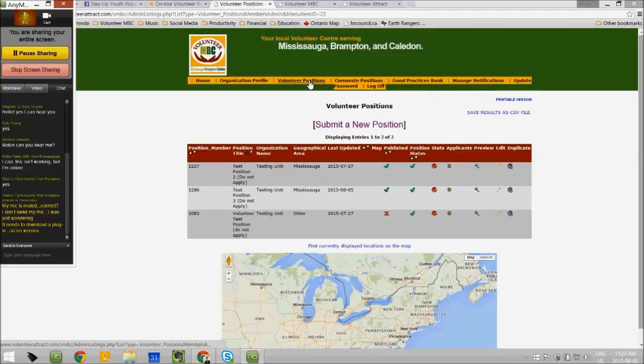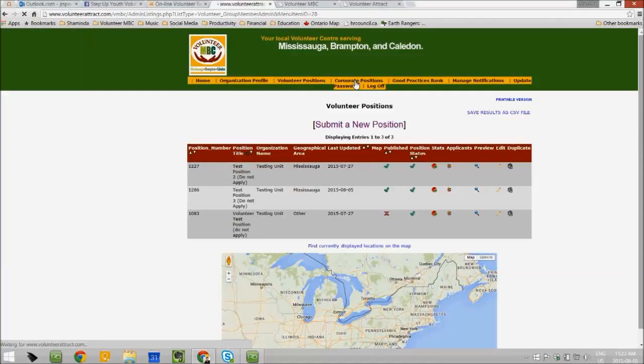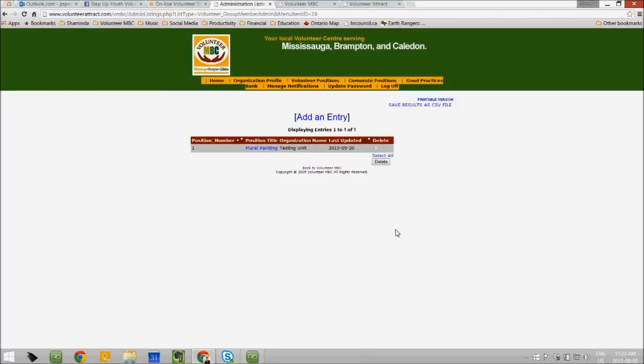So the volunteer positions menu option is to submit your volunteer opportunities that you're recruiting for day-to-day operations. The corporate positions option is designed to help you submit information to Volunteer MBC, mentioning whether you are open to engaging corporate groups or even groups in volunteer opportunities that will be available within your organization.